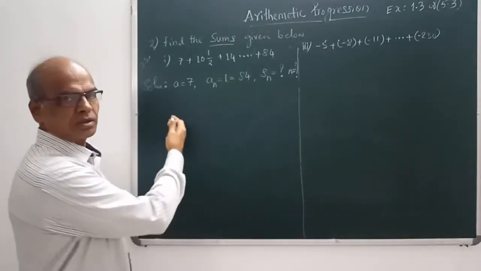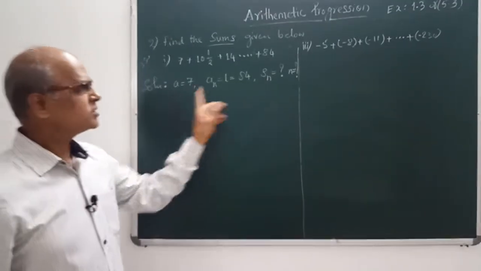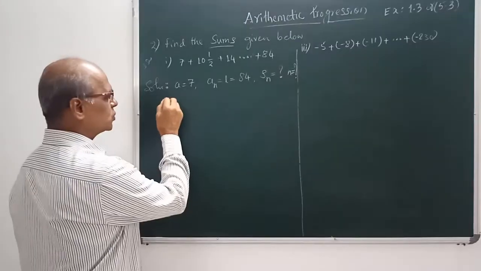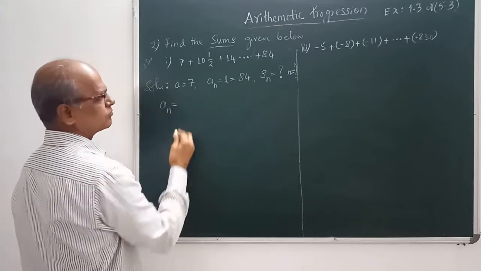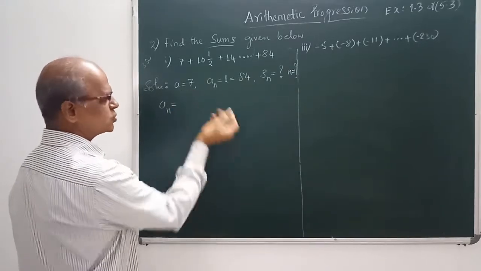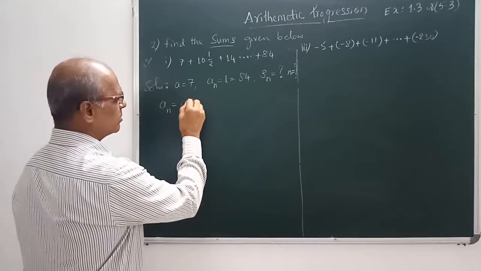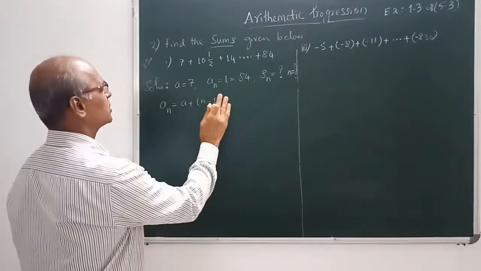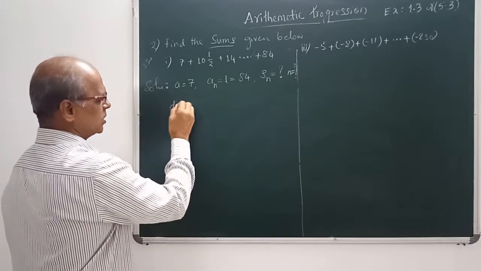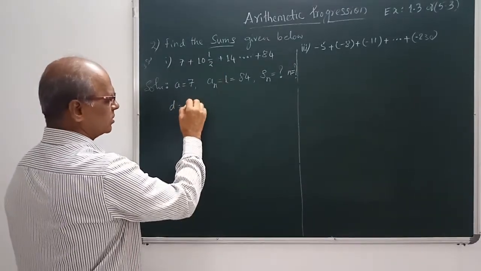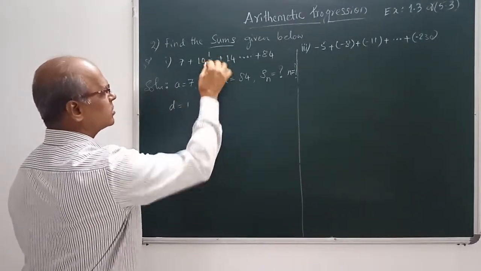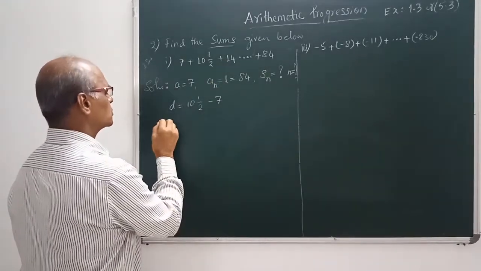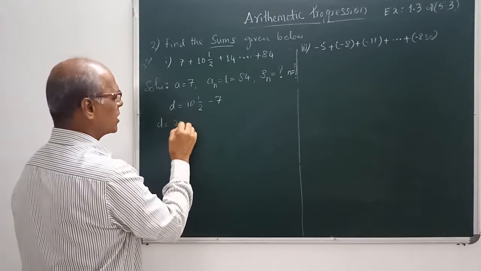Right? Okay, see here. Kaveri, look over here. See what is this? N is a question mark. Okay, A is 7. Now what we have to do is apply the An formula. An is equal to, first you have to find n: A plus n minus 1 D. D also we don't know, so first we have to find D. D is equal to this, which is nothing but 10 integer 1 by 2 minus 7. So D is equal to 21 by 2 minus 7.